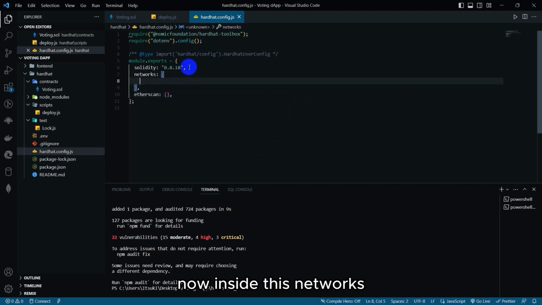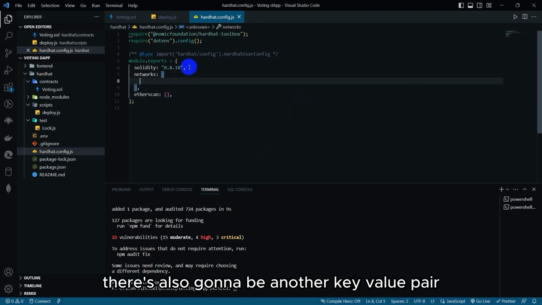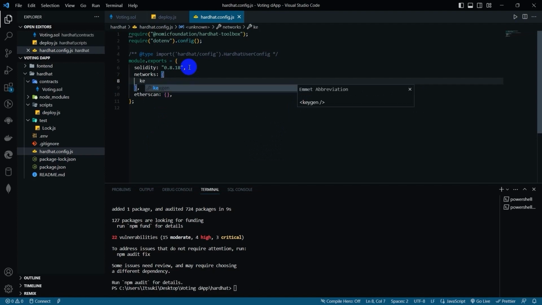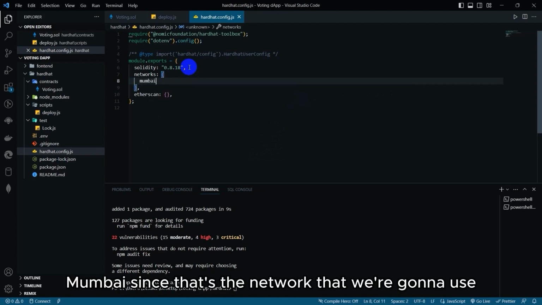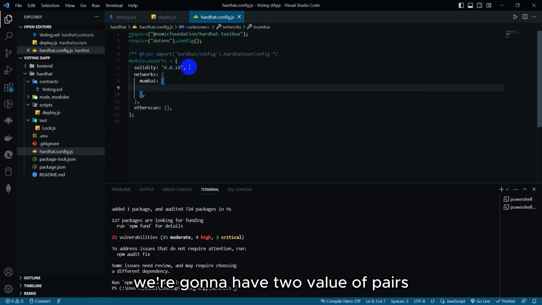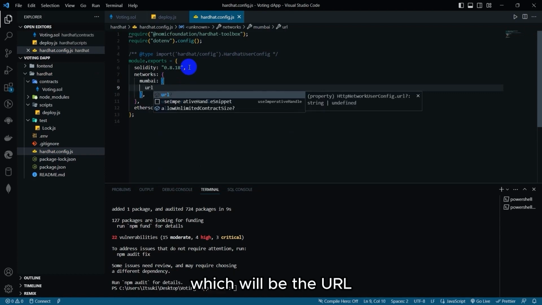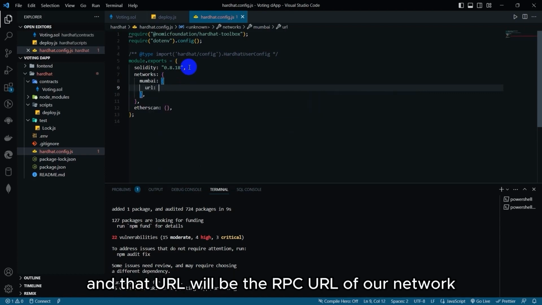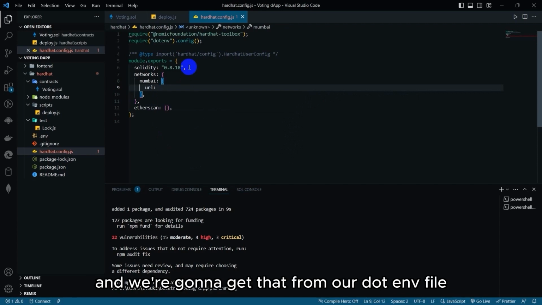Now inside this networks, there's also gonna be another key value pair, and the key would be Mumbai, since that's the network that we're gonna use. And then that Mumbai will have a value. Now inside the value of Mumbai, we're gonna have two value pairs, which will be the URL. And that URL will be the RPC URL of our network, and we're going to get that from our .env